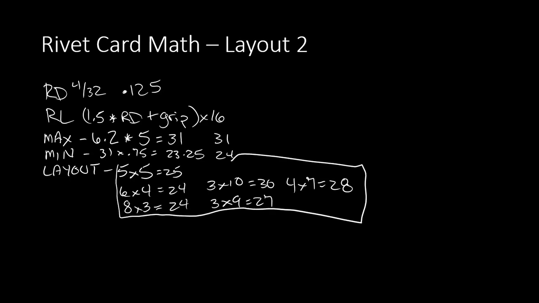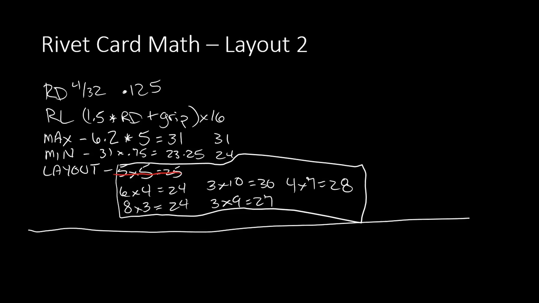layout-wise. Again, because we have such a small number going for our gauge, I don't think the 5x5 will work. I would want to stay in the 3x range. And then seeing as, again, Holly's a little lazy and doesn't like shooting that many rivets, I would go with probably the 8x3, because it's 24 rivets. You could also do 3x9, 27. Up to you. But once you figure out the layout that you want to start working with, you're going to